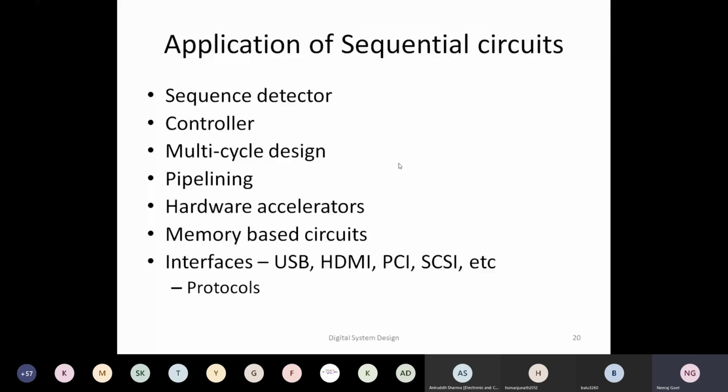because they have some specific protocol. You need to remember what the previous state was. Most protocols have their own different state machine inside them, so we have to follow those definitions of state machines. Most of these interfaces and protocols are essentially control systems, and these control systems would always be implemented using synchronous sequential systems. Okay, with this, we can stop now, and if there is any question, I can take it up.